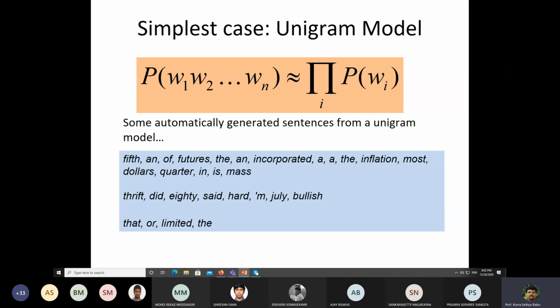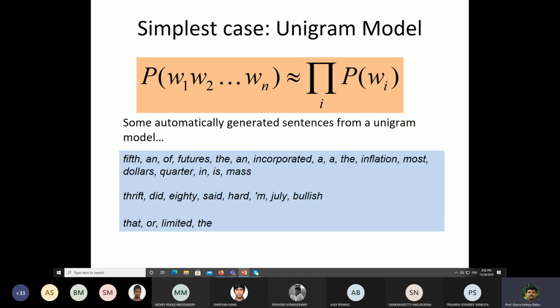So it is given as probability of W1 followed by W2 followed by W3, like that. It is nothing but simply the product of the probabilities of individual words, Wi. This is what is told. Okay, this is the unigram model, but the unigram model is basically just to check whether those words are available in that particular sentence or not. But this will not help us out.